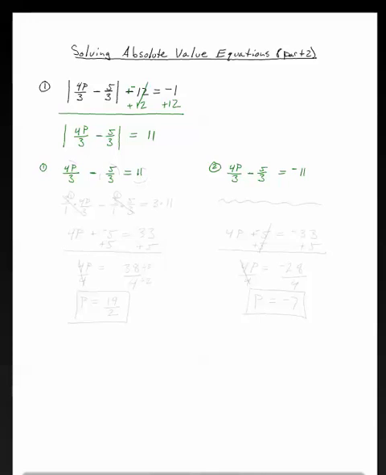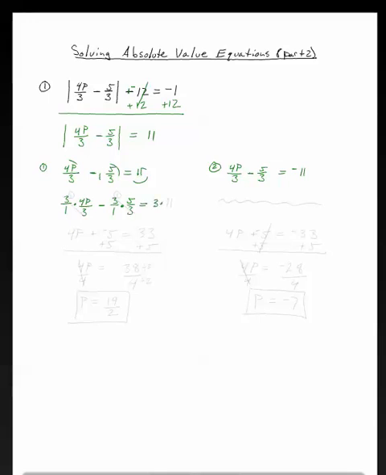Now, to solve this first equation, there's a denominator in two of these fractions. It's both 3, so the lowest common denominator is simply 3. That means I need to multiply each term. So I've got 1, 2, 3 terms, and I need to multiply each of those terms by 3. And if it's a fraction, then I need to use 3 over 1. So I'm going to get 3 over 1 times 4p over 3 minus 3 over 1 times 5 over 3